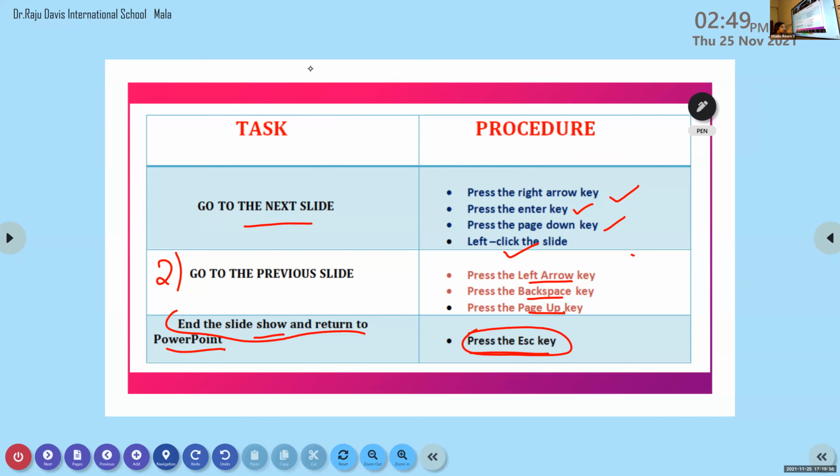For that, we can press the left arrow key or backspace key, or choose the page up key. And if you want to end the slideshow, which key will we use? Escape key. ESC stands for escape key. So this is all about our different tasks.